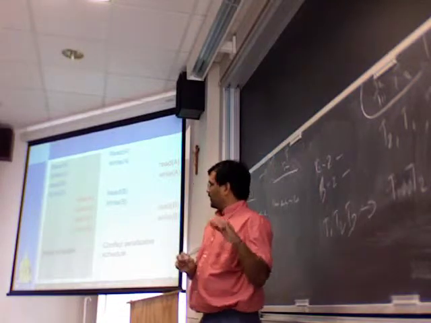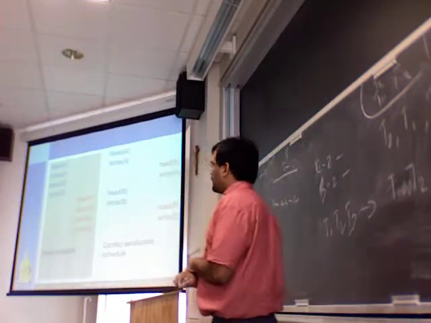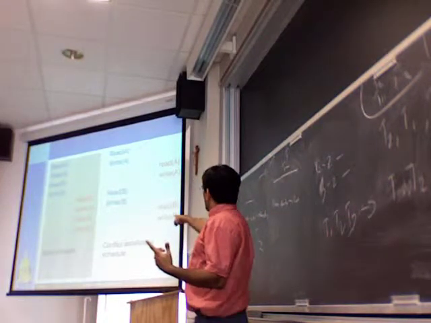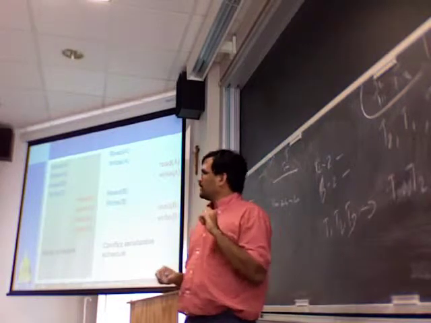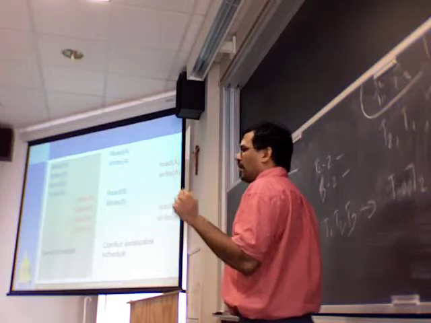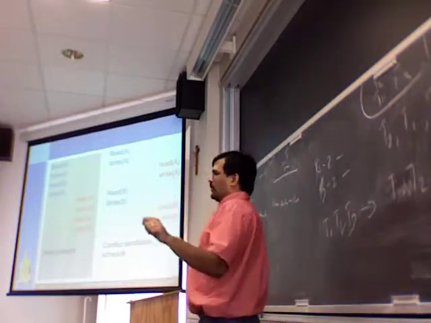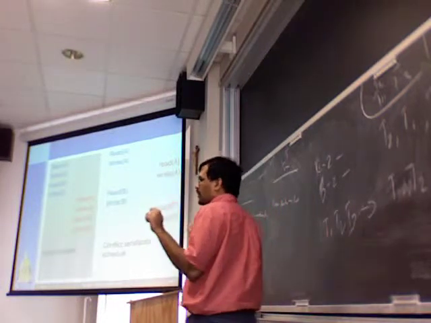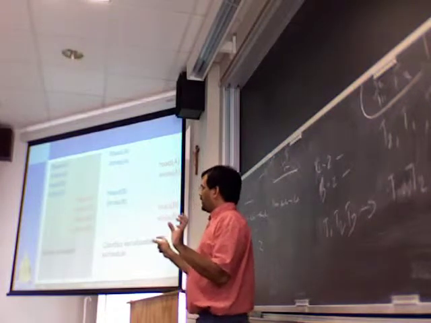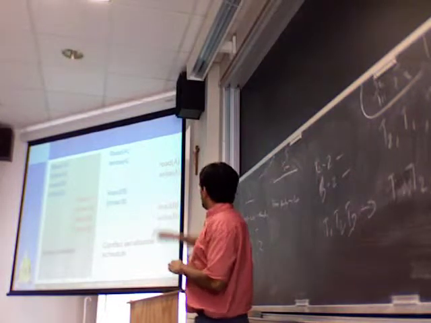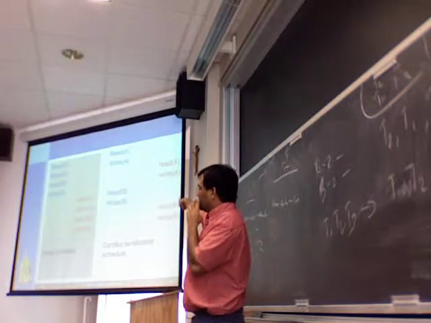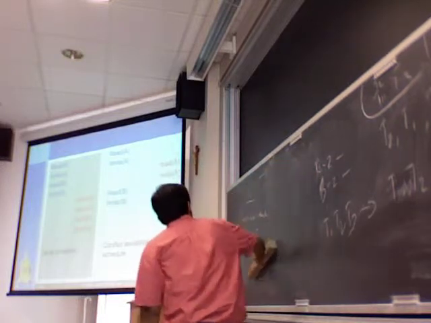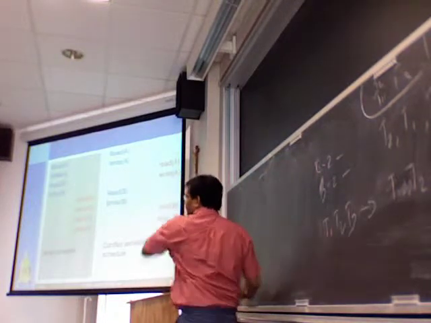That has the database properties we want. But if you want these things going in parallel, you introduce the notion of conflict serializable, which basically says that unless there's a conflict, they can both go in parallel. So if you're operating on two different variables, they can go in parallel. If you're not modifying something, they can go in parallel. So let's see why the second case is conflict serializable. The way you do that is you try to move the operations around to see if you can get from one schedule to the other.